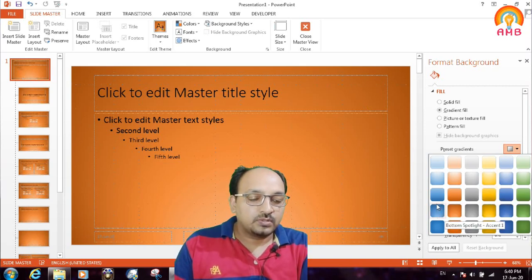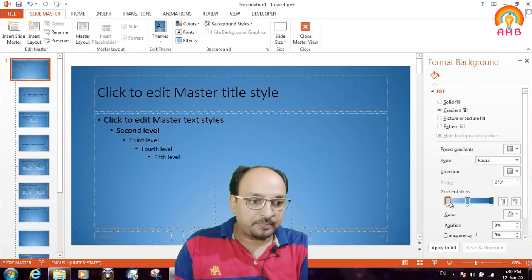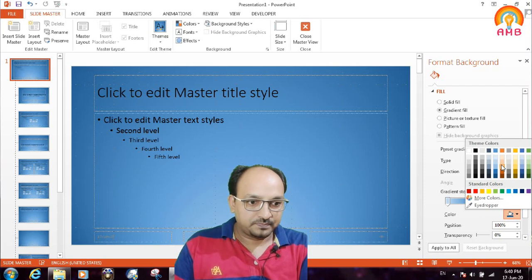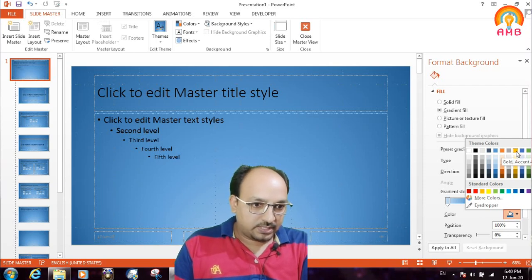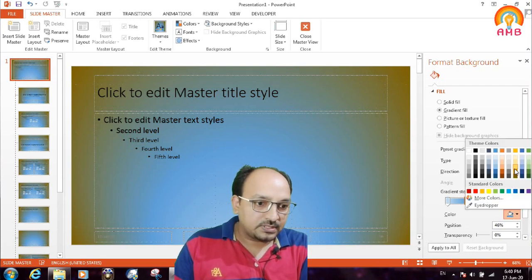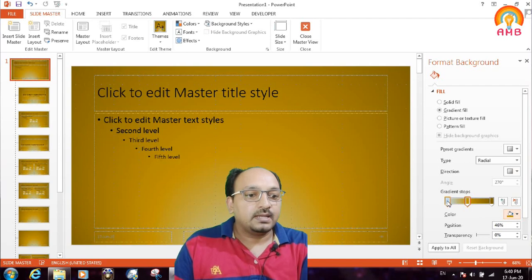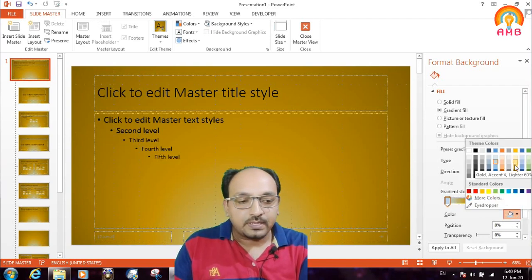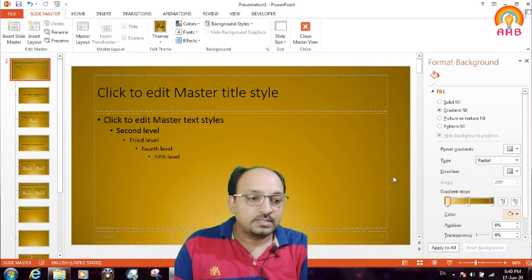You can click on this color panel and select this color, second one you can select this color, and third one you can select again, and you can select a lighter color. So a gradient effect can be produced like this also.